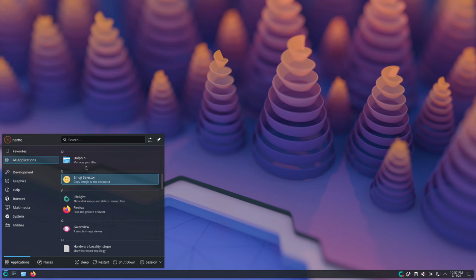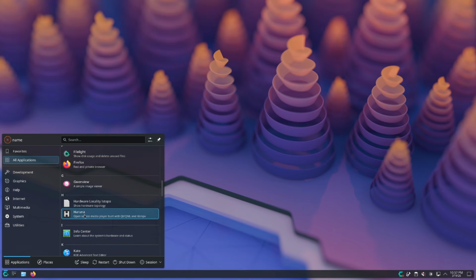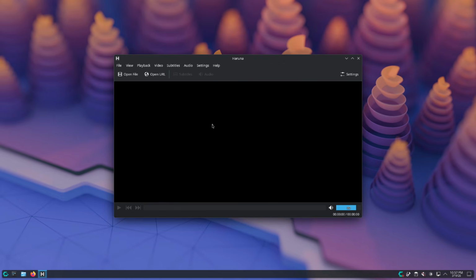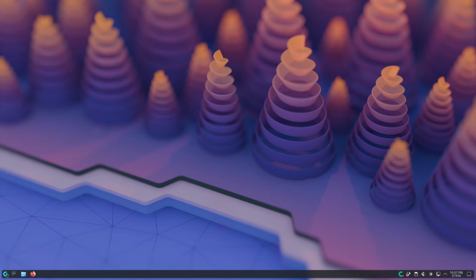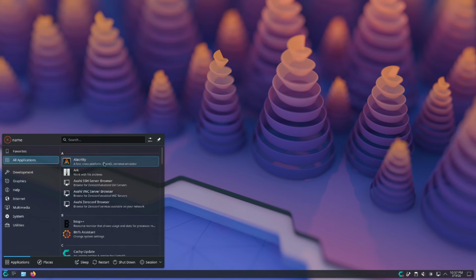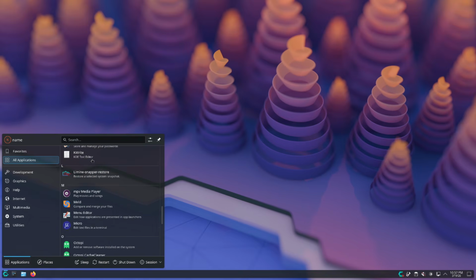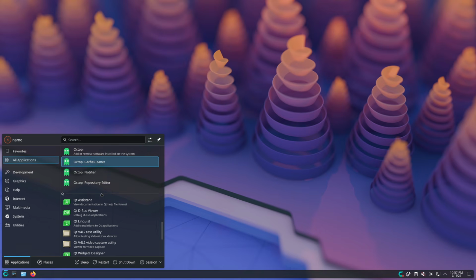They give you an MPV front end here with Haruna, which is just a really simple, basic media player. You can open the URL and just type in, if you download YouTube DLP or YouTube DL, you can watch YouTube videos straight inside this media player, so you don't got to use a browser, but it also supports more than just YouTube. Tons of different sites there. So yeah, just a really awesome distribution,